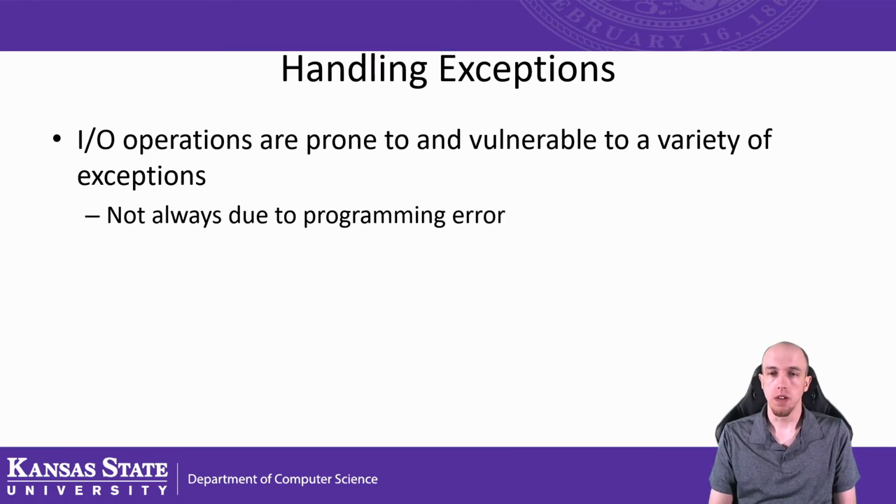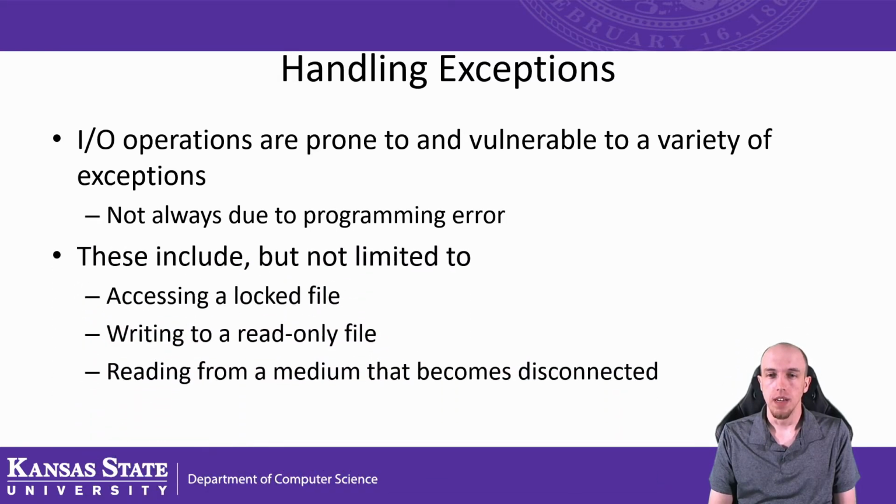Working with files is one of the common tasks that we as programmers have little control over. There's a lot of things that can happen when opening a file that may cause exceptions to be thrown, even if your code is perfectly fine. The most common issues include accessing a file that's been locked or been used by another program. You've probably encountered this all the time when trying to upload a file or attach one that is still open, especially when attaching things like homework to an email that you're still working on.